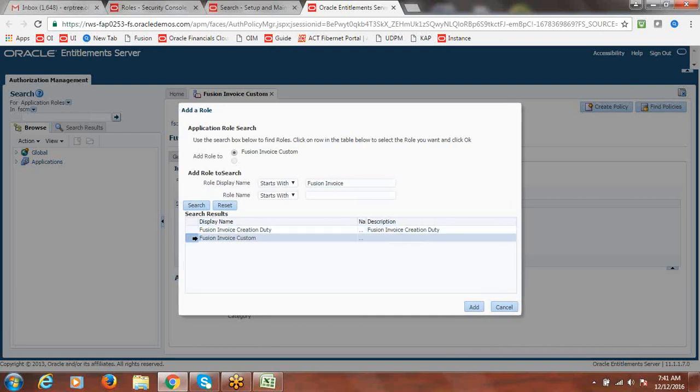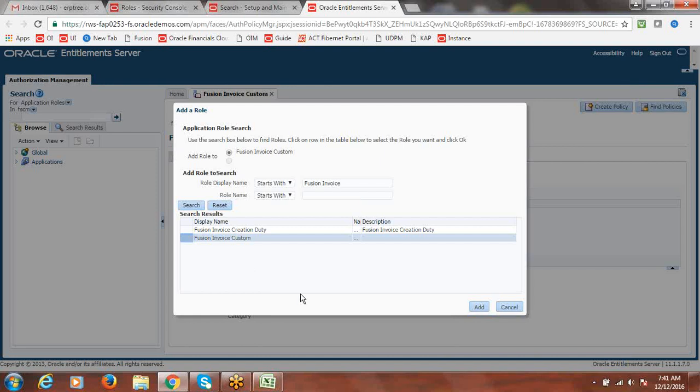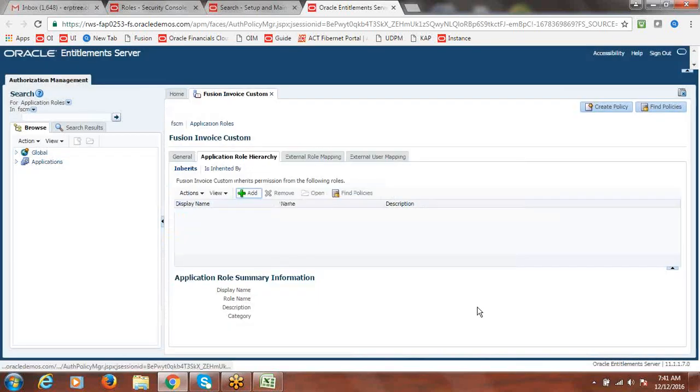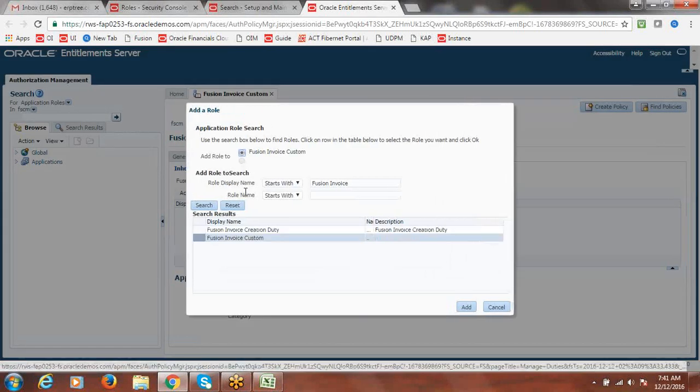Right, this is the one we just created. Within this duty role only we removed invoice validation. Just say add. So instead of selecting the seeded one, we are selecting the custom one. Select and say add.